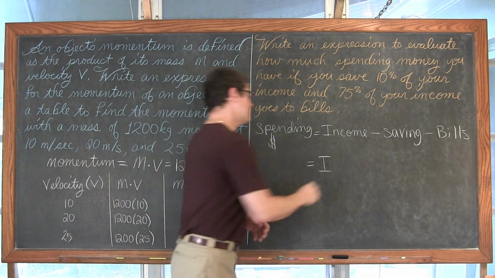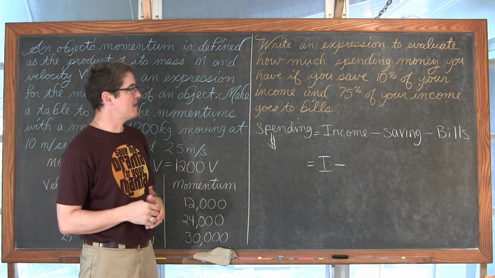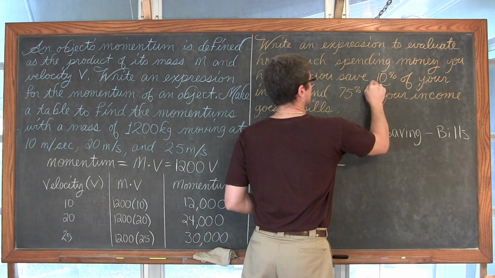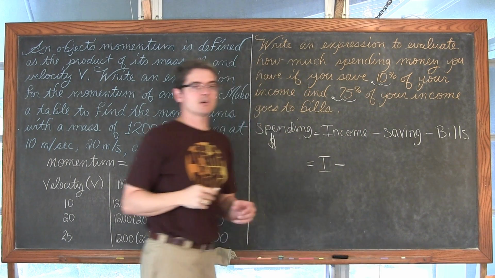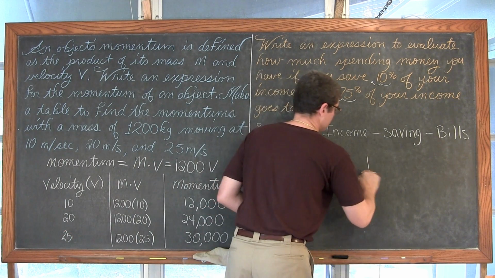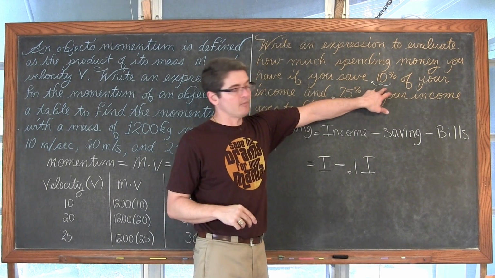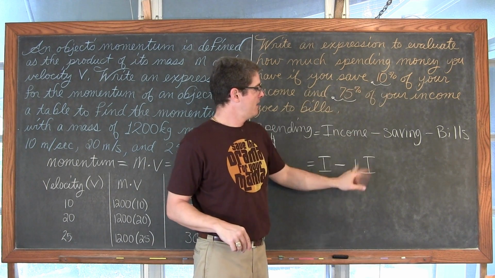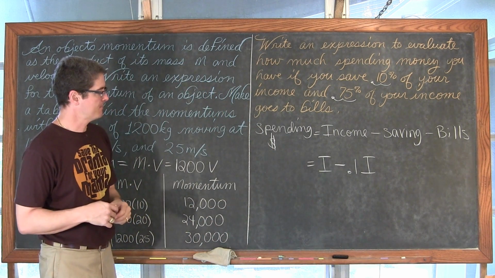Okay. Now we're going to take out of that some percentage for your savings. Well, 10% is going to savings, and we don't ever work with percents in percent form. We always take those decimals and move them back 2 places. So we're going to take our income and multiply it by 0.1. That 0.1 came from doing the 10%, moving the decimal back 2 places, and getting 0.1, and we're multiplying. If you want a percentage of a whole, you multiply by that percent.